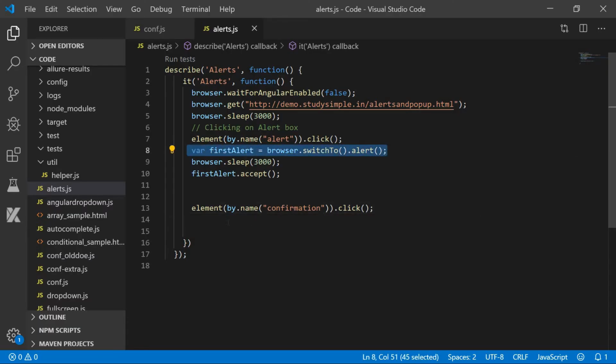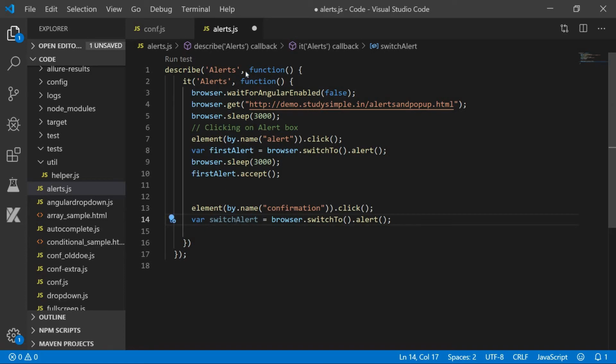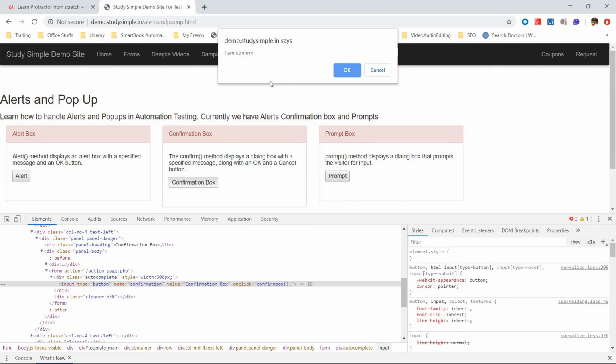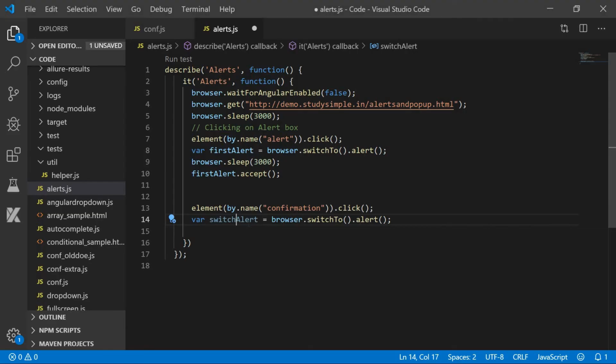Now the same thing we will do. We will be using the switch to operator to switch to the next alert box. So this is the alert box we have. We will switch to it, and inside that we will use OK. So let us go to switch to alert, and the same line we will be using.